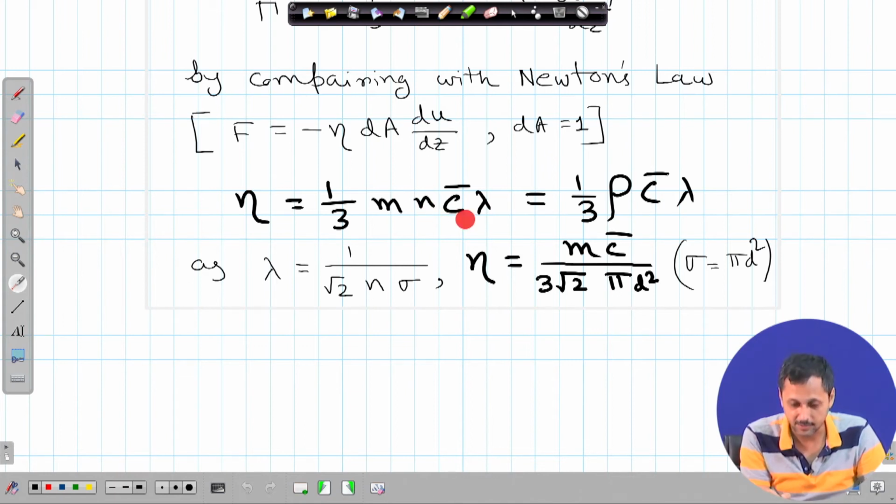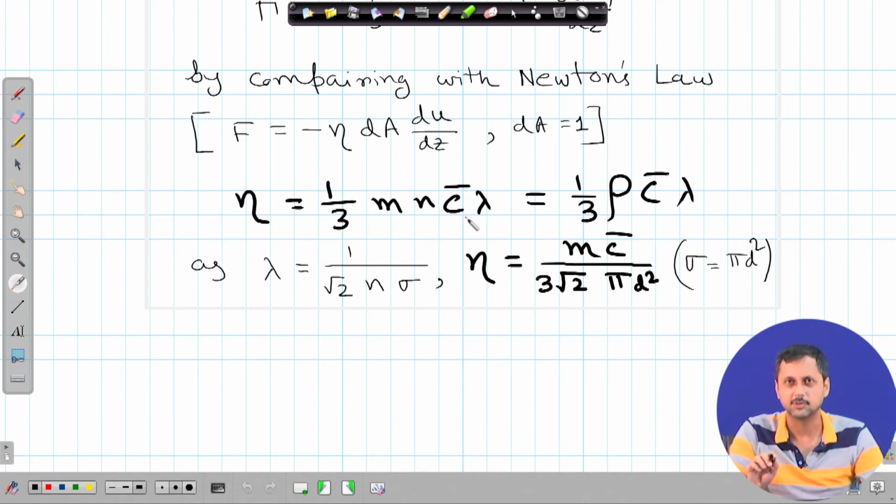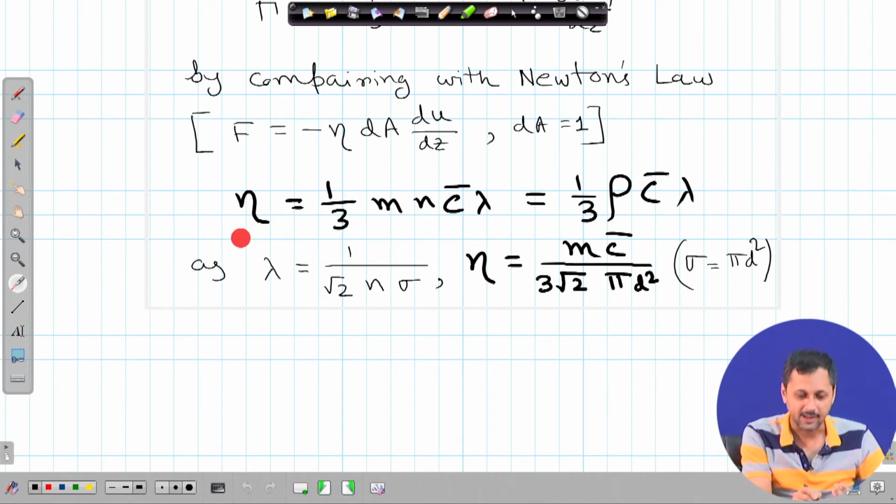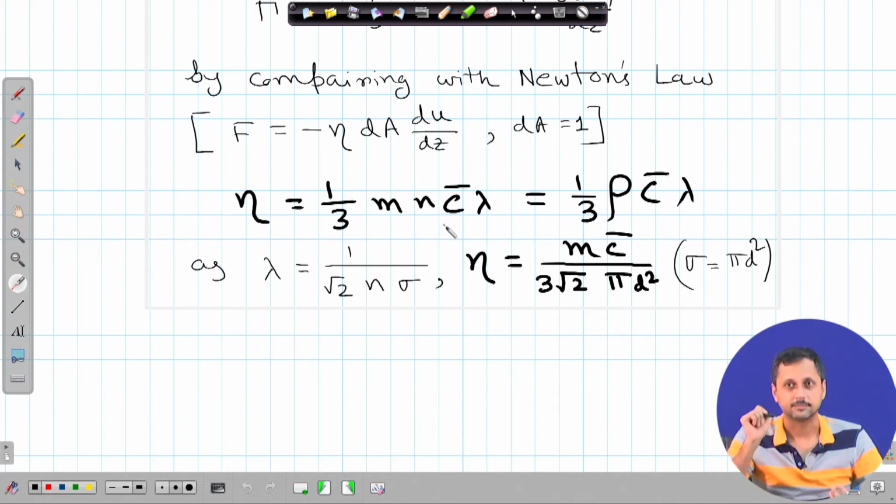Let us assume that lambda is constant. Now, you reduce pressure further, the number density changes, mass remains constant, C bar remains constant, because C bar is just an average velocity for any Maxwellian distribution, and it changes only with temperature. So, keeping the temperature constant, when the pressure is already in a very low regime and we reduce it further, eta starts decreasing with pressure because n decreases.